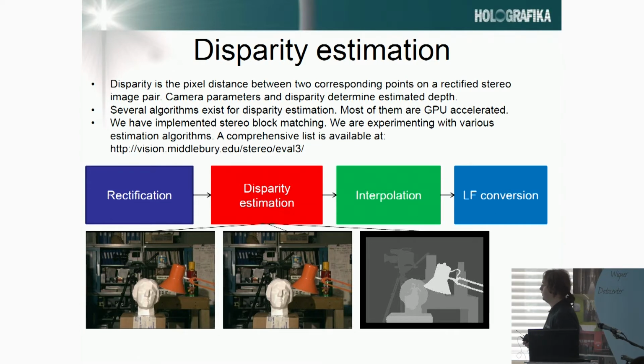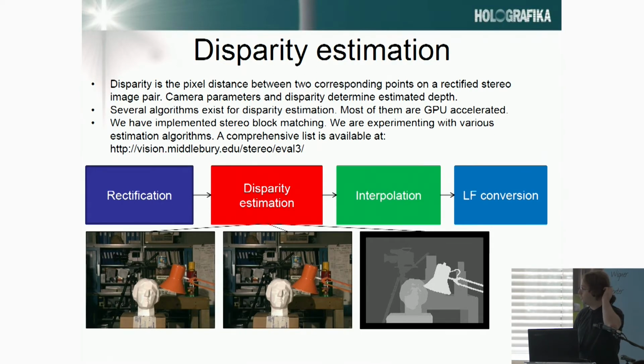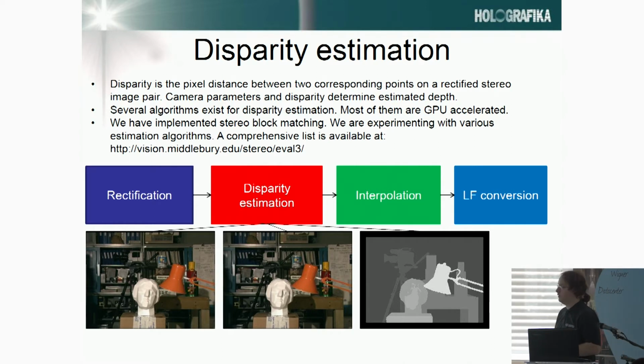What it does is it searches on rectified images along a horizontal line, and it tries to find corresponding pixels. So for each left pixel, it will try to find the right pixel that matches the same point in space. And from the camera parameters and the disparity value, we can determine the estimated depths. There are many algorithms for disparity estimation,